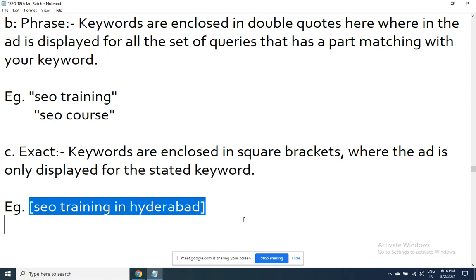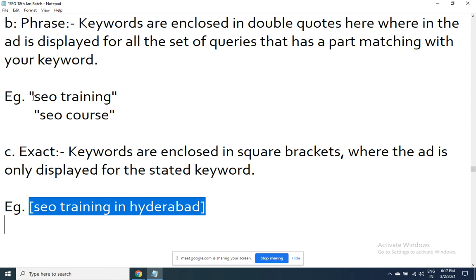Then once you are confident, yes, we can now go and catch a broader audience, then go with phrase. Phrase plus negative. Because in phrase, positive keywords are there, which means negative keywords are also there. We should prevent our ad from appearing for the negative keywords list. See, double headache. If your client has given you an SEM project, you will have to provide him a report. The report is the next section.